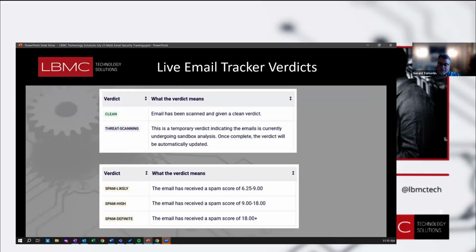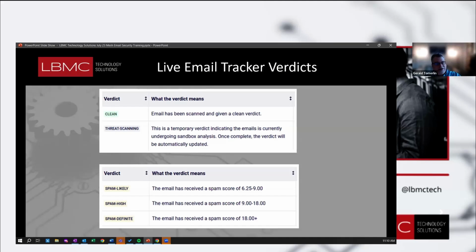The verdicts, as you can see, have when an email comes in, Mesh will determine what's going on with that email. It leverages artificial intelligence, which is a big marketing word today, but it's actually a very powerful engine in the background that can look at thousands of points of data on that email and compare it to not only other clean or dirty emails on the internet, but specifically clean and dirty email that have coming in for your organization